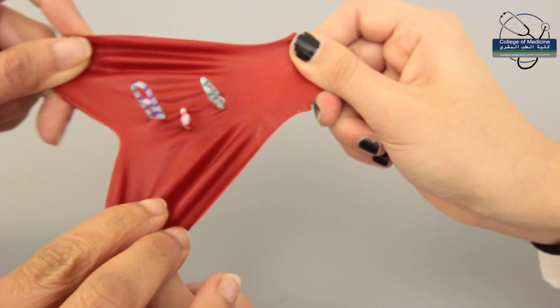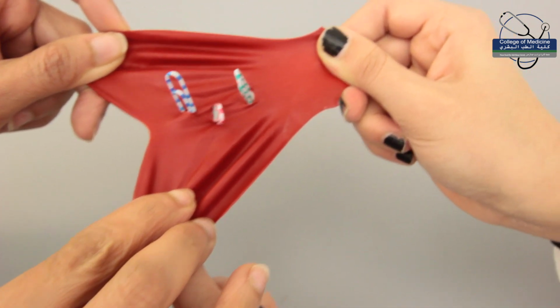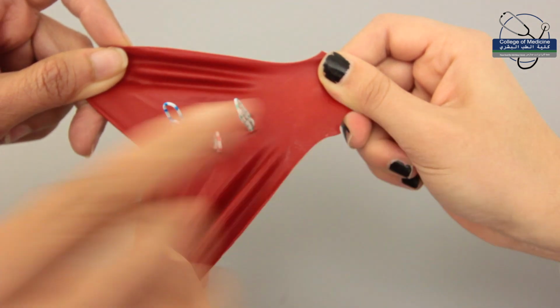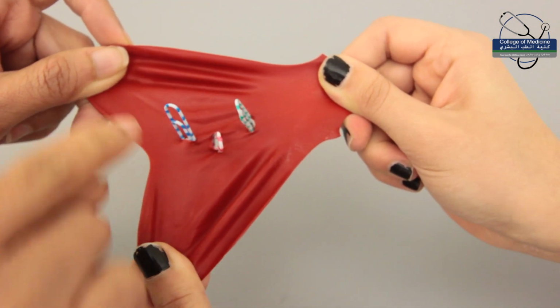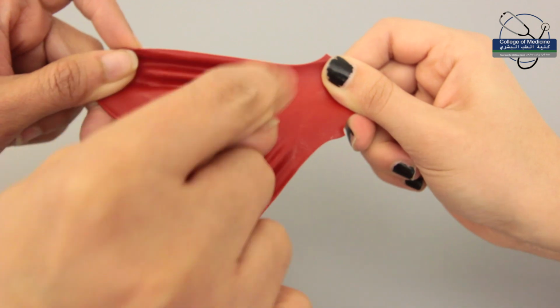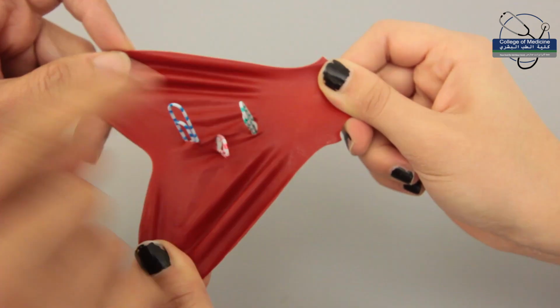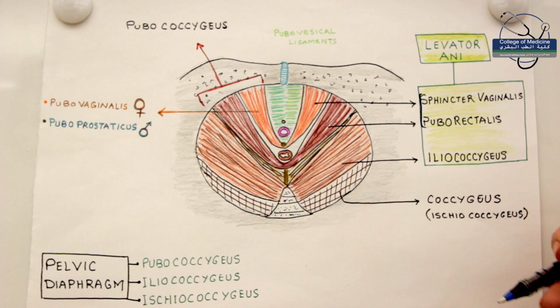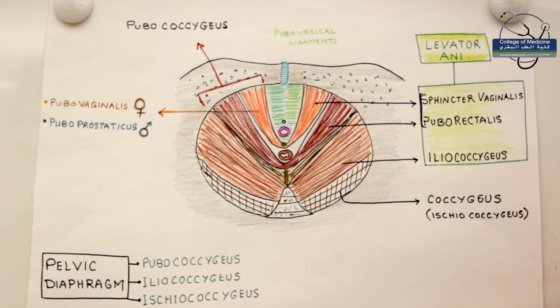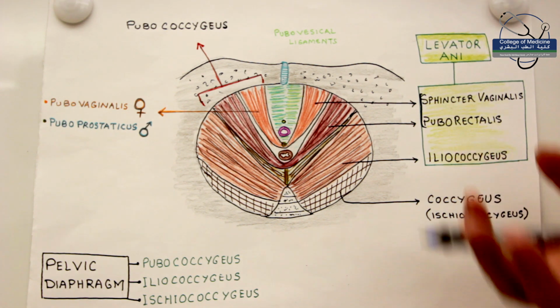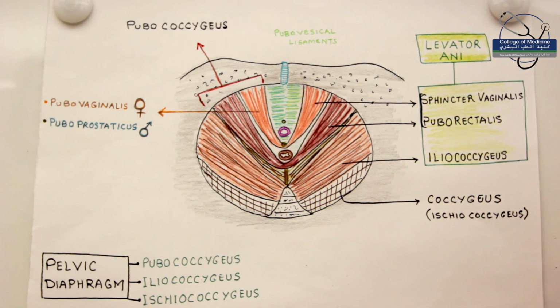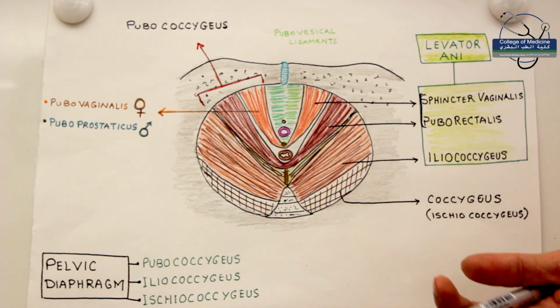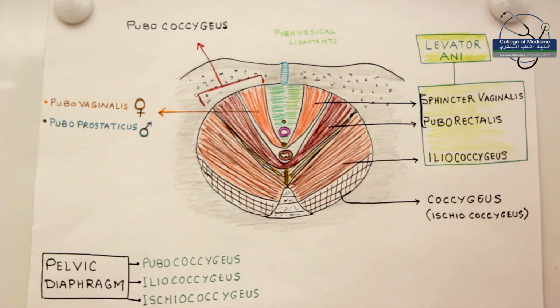This is how our levator ani or pelvic floor is working. So the coccygeal end, the pubic ends. And these, you can imagine, are the fibers, and they are U-shaped slings. The pelvic diaphragm is playing a pivotal role in both sexes, as we know that the rectum and the bladder both are pelvic organs, and they are highly expandable organs. So we need the elasticity of the floor during defecation and also during the process of micturition in both